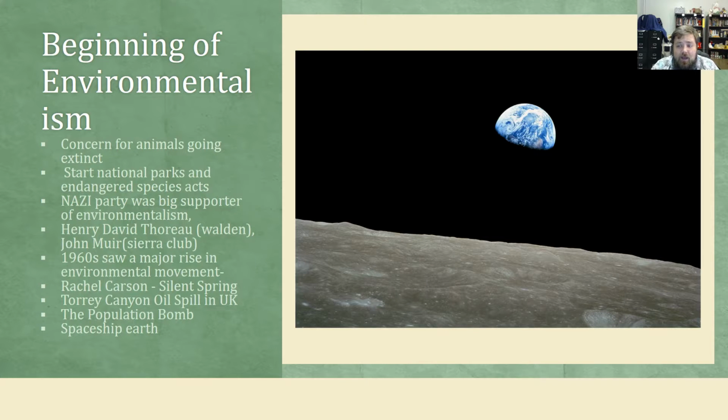And also at the same time, and this is very influential as well, right? We start to see our first images of Earth from outer space, able to see how fragile our blue planet really is. I've got one of the original pictures right below me here, taken from the moon. And we start to see this idea that we're all kind of on this spaceship that is Earth all together. And this is the only planet we've got, so we need to protect it. So we see the beginnings of the environmental movement really start to coalesce in the 60s and early 70s. And it really starts to take a forefront moving forward.